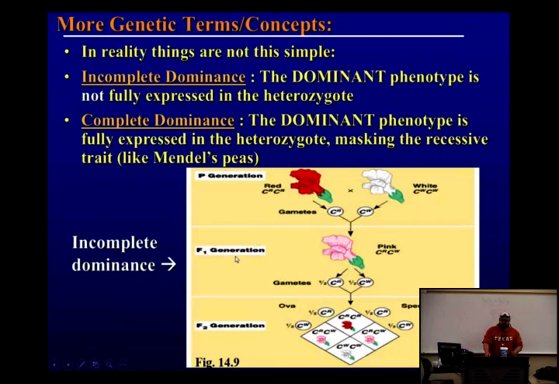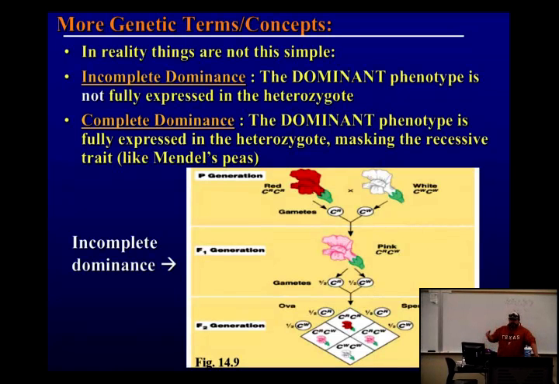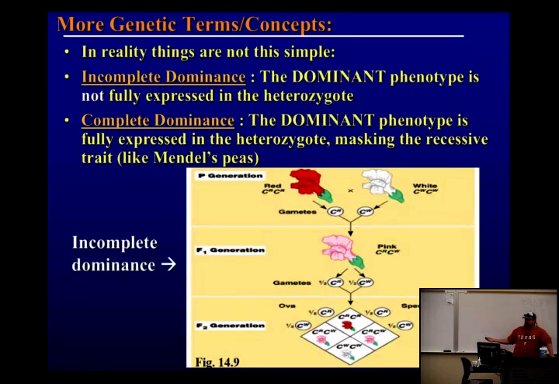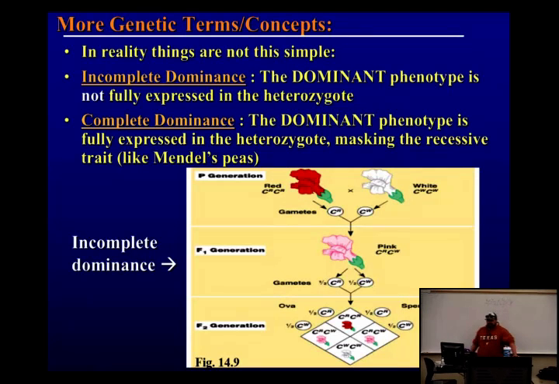So we talked about things that follow Mendel's ratios, things that are completely dominant and recessive, but in real life, things aren't always like that. So in the pea plants, remember, white is the absence of color. It's the default color. It's like moving into a new apartment or a house. What's the color of the walls? White, right? There's no paint or anything involved in that. But in some cases, there's really a white paint, right? So if you went to Home Depot and you bought a gallon of red and a gallon of white and you mixed it together and you put it on your wall, what would you get? Pink.